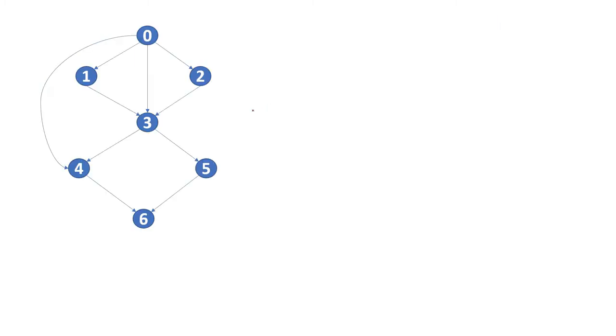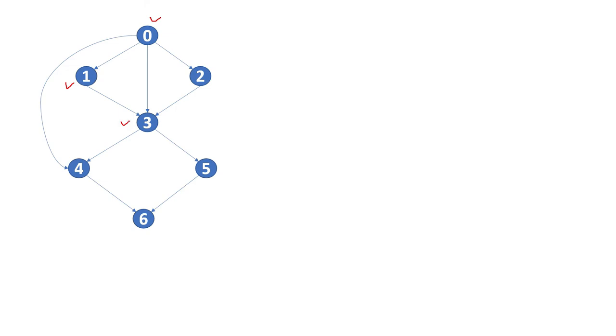Now we will talk about how we can take help of memoization or dynamic programming to solve this problem. So here is one graph. We have to visit from node 0 to 6 and we have to get all the paths. So from 0 we'll start, right? From 0 we have to check what the adjacent nodes are. So these are 1, 3, 2 and 4. Let's take 1. Then from 1 I have to check what the adjacent nodes are. We got only one node, that is 3.